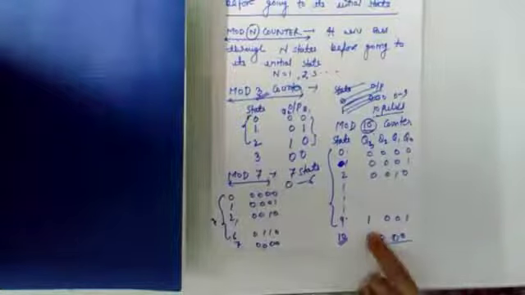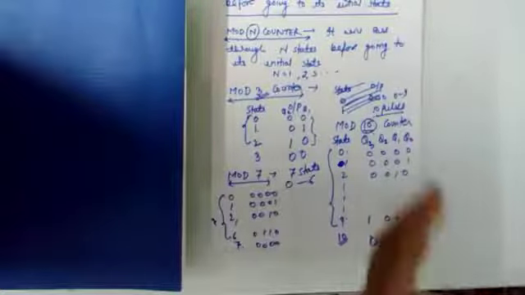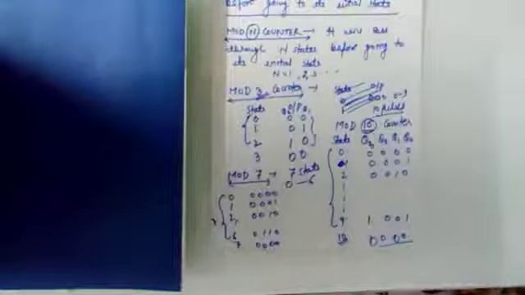So modulus means we can design the counter according to our desire. If you want to stop the counting at 6, then we can design a mod 7 counter. If you want to stop the counting at 9, then we can design a mod 10 counter. So it depends on us at which count we want to stop the counter. This is the meaning of the modulus word. In the next video we will design different modulus counters. Thank you.